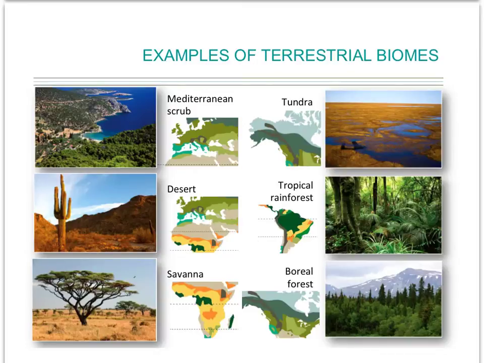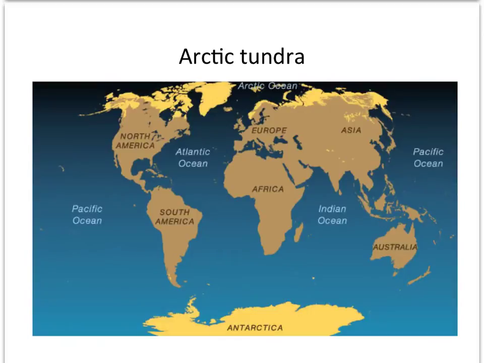So the first biome we'll look at is the Arctic tundra. As this map shows, the Arctic tundra are found only in the northern hemisphere, the far northern latitudes of the northern hemisphere. The only exception is the alpine tundras that occur at higher elevations of mountains, and these can occur in the southern hemisphere. An example of an alpine tundra in the northern hemisphere would be Logan's Pass in Glacier National Park in Montana. So that would be located about right out here. This is one of the national parks that I really have encouraged all of you to visit.